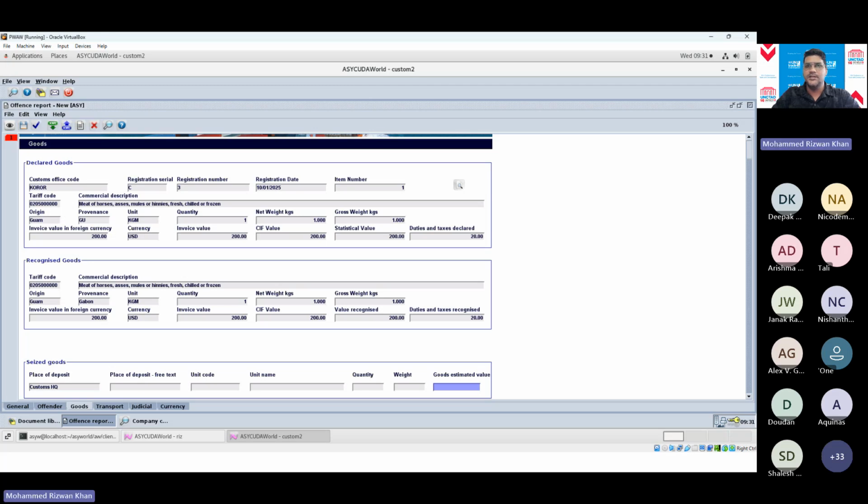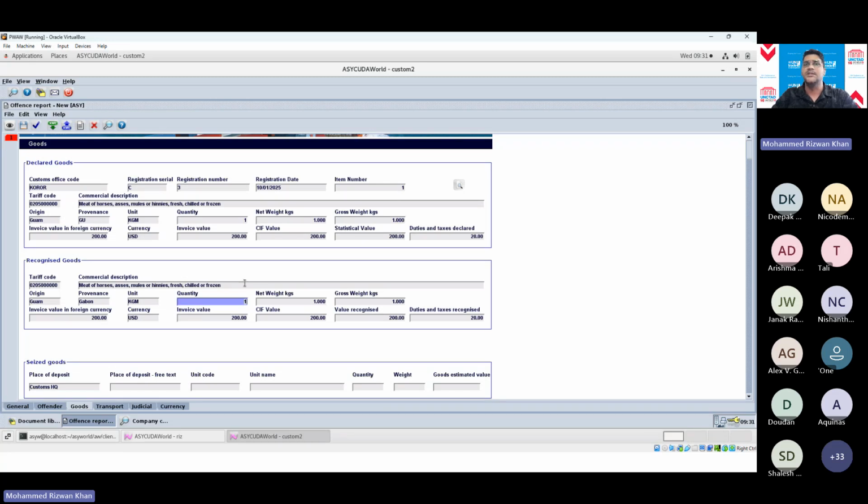All right. So next question says, if you amend declaration in offense report, will this actually change the declaration? No. Okay, I was going to that. Note that if we are putting this here, for example, if you are changing the quantity and saving, this does not amend the declaration. You will need to go and do the amendment to the declaration following the proper process.